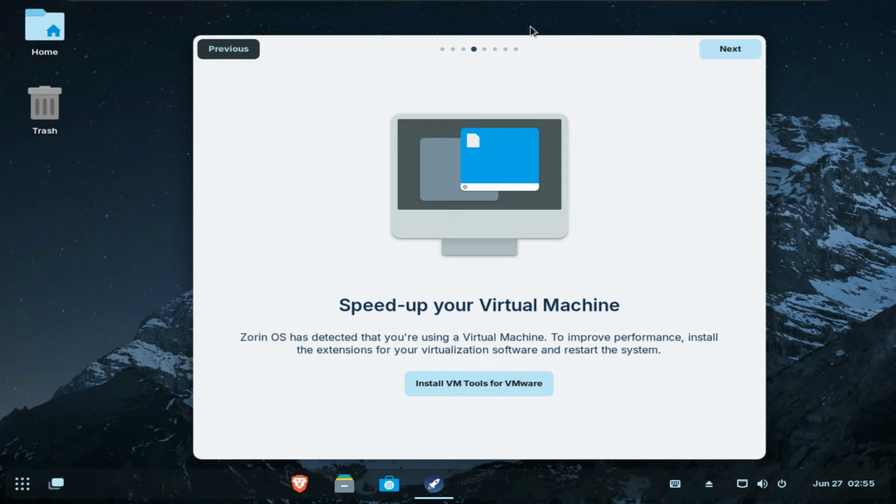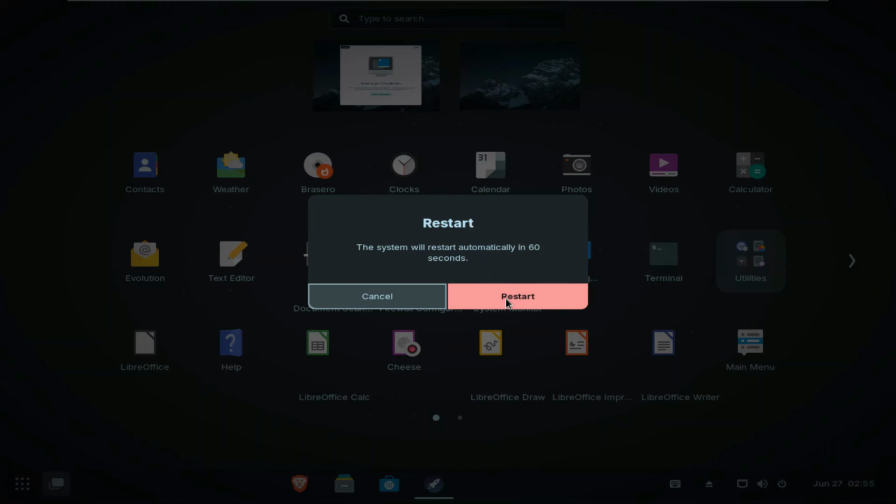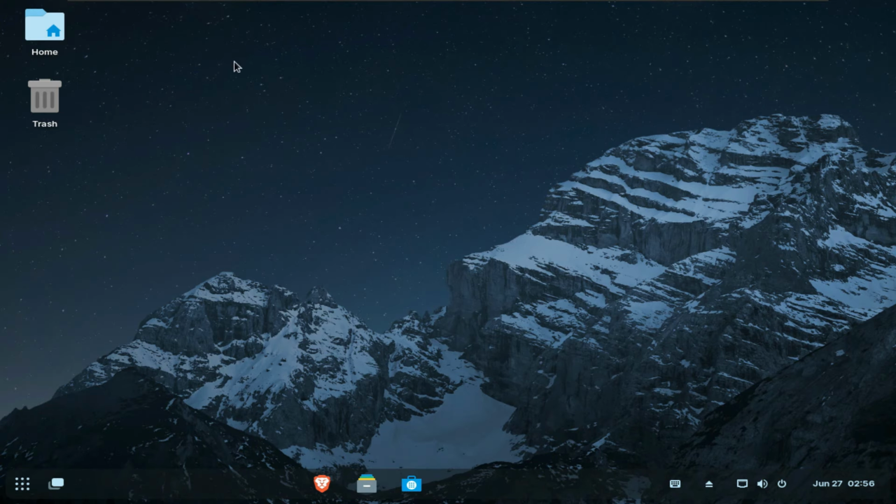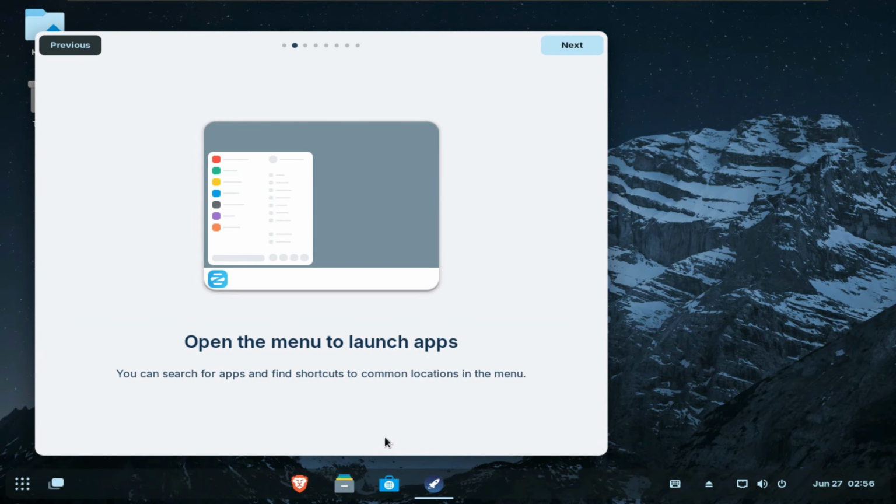Honestly, I don't see any difference. It's still the same, but I might need to restart now, right? Restarts. All right, that thing is installed, but nothing changed. It's still as slow as before. Now that doesn't matter. The thing is, we're back to Zorin, and it's still slow. Back to the tour. Starts.